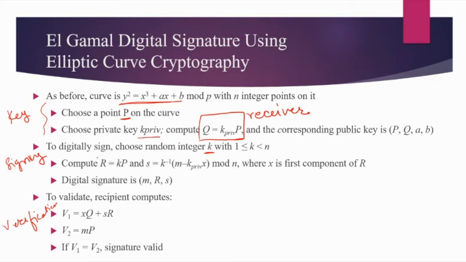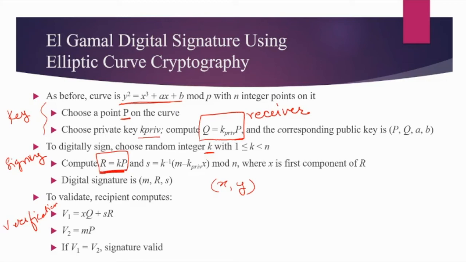So now here we have to generate two signatures, right? So you have to compute R. R is nothing but K times P. P is the point which is on the curve. Okay, this is a global parameter shared between receiver and sender. So R is just this value. If you remember, what is this? This is some coordinate X and Y. Okay, so R is some value of X and Y.